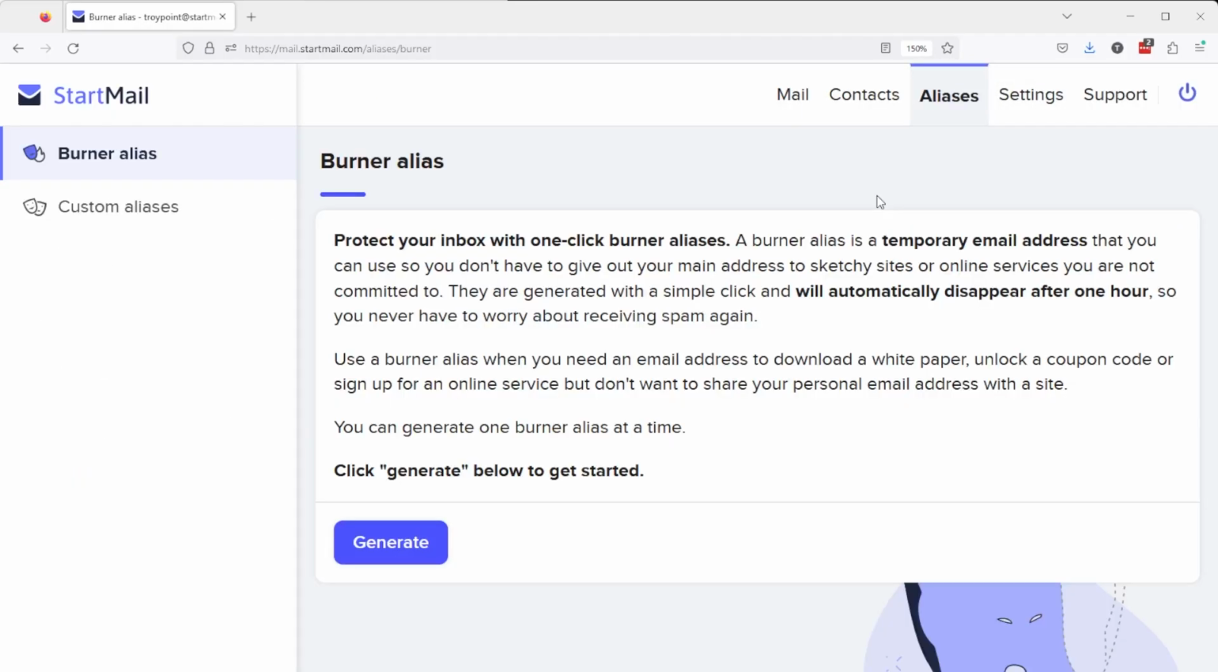Now, one feature that was a necessity for me when searching for the perfect private email service was the ability to create email aliases, or as some call them, burner email addresses. Now you're going to see here StartMail offers two types of aliases: burner alias and custom alias. Now the burner alias is a temporary alias that you may use for some sort of an opt-in coupon that you can get by providing your email, anything where you're going to be receiving something back within an hour time